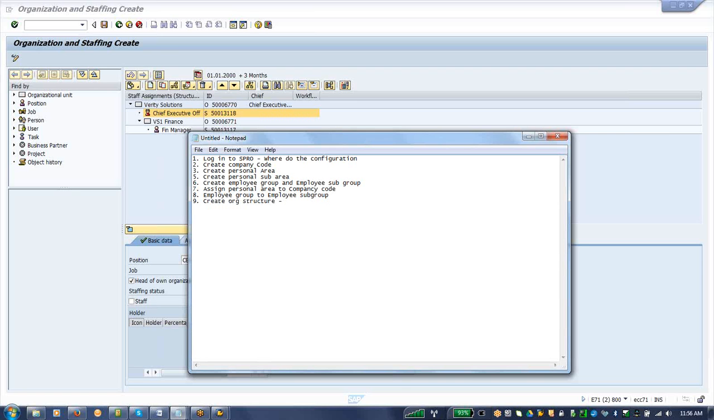What is the transaction code for org structure? It's PPOCE. So that is where we are right now, okay? And then create the root org unit. That's the main org unit. Create CEO, VP,